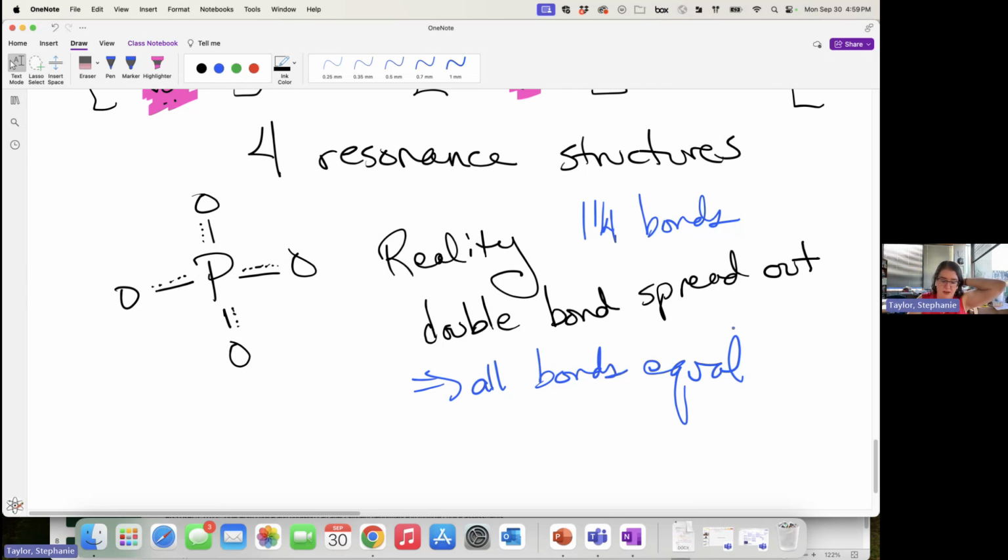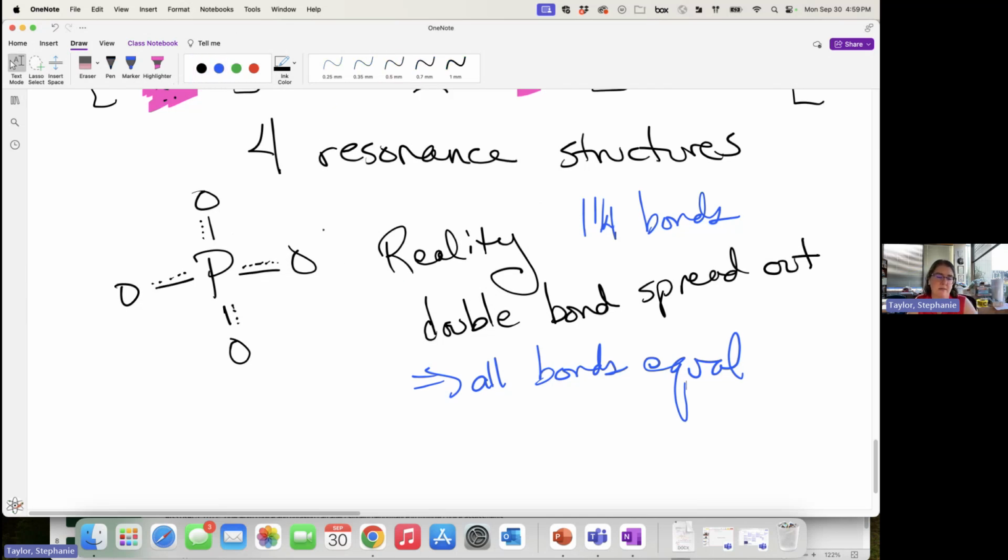So this is a good example of us as human beings drawing Lewis structures to understand the world better. And then the world is a bit more complicated. And so we basically try to band-aid our original drawings so that we can make meaning out of what we have left. So there's lots of different ways to talk about this. A couple of things to keep in mind. Part of the reason why this problem has taken me almost a whole half an hour to do is because for our class,